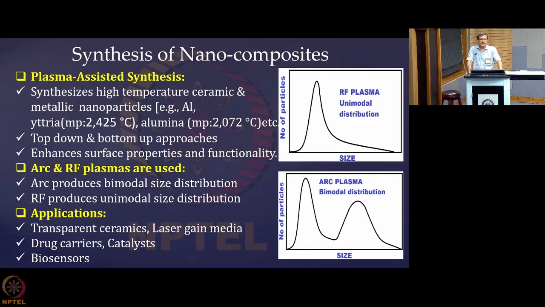because of the top down and bottom up approach. How do you do that? See, there are very high temperature ceramic materials, for example aluminum oxide, which has a melting point of 2072 degrees centigrade, and yttrium oxide, we call it yttria, which has a melting point further higher, 2425 degrees centigrade. Now, such material, if you want to go for this top down and bottom up approach, then first you need to melt them. When reaching a high temperature, like more than 2025 degrees centigrade, it will just melt.